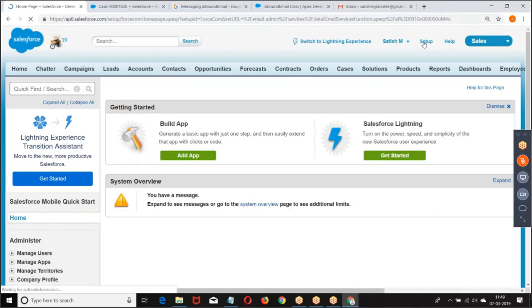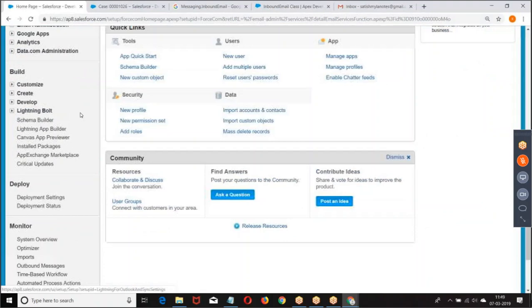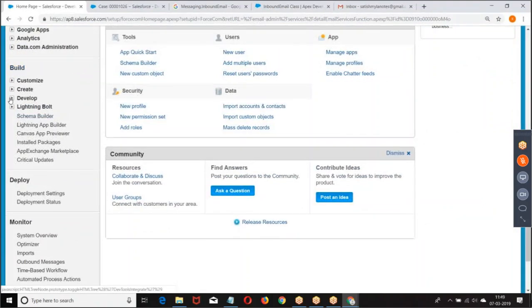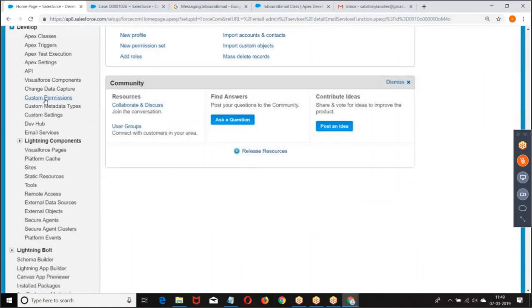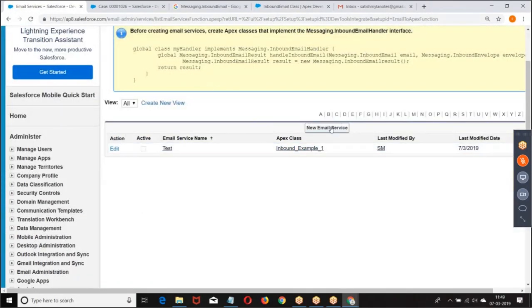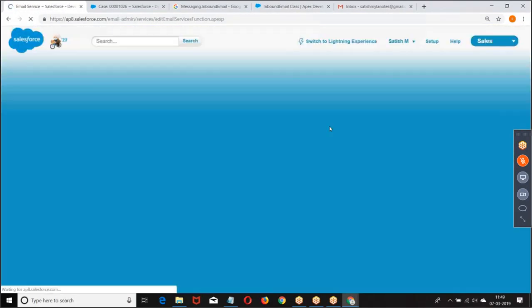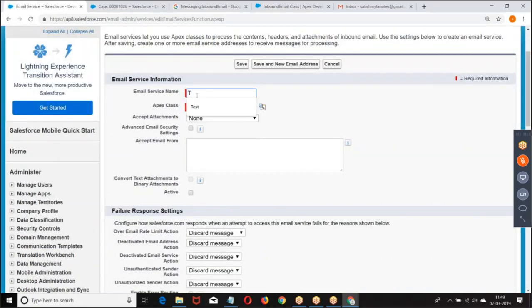Setup, build, develop, email services, new email service. Test service. What is the name of the Apex class?